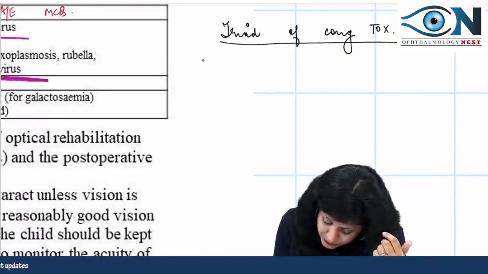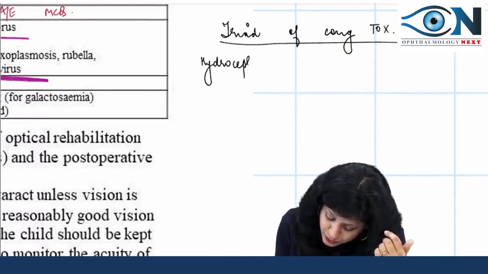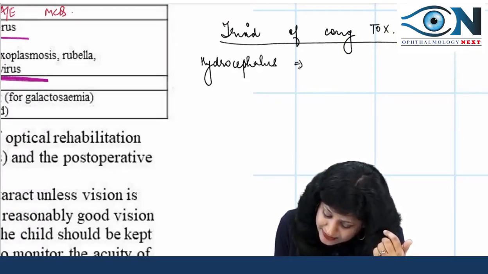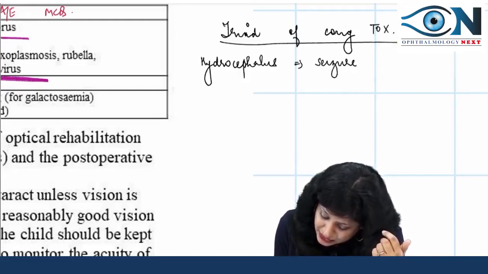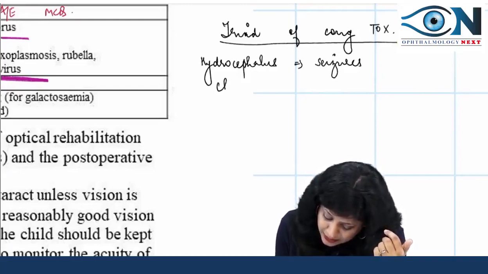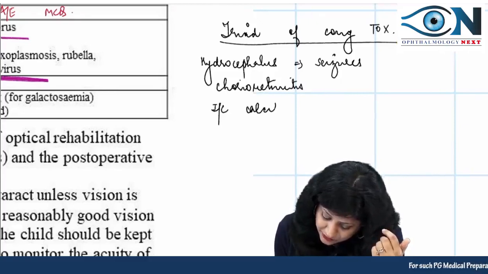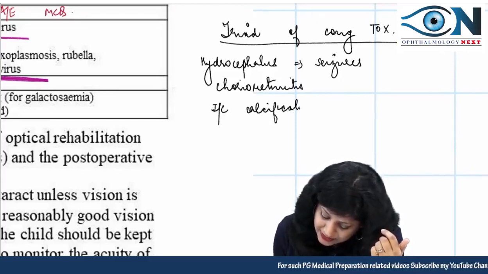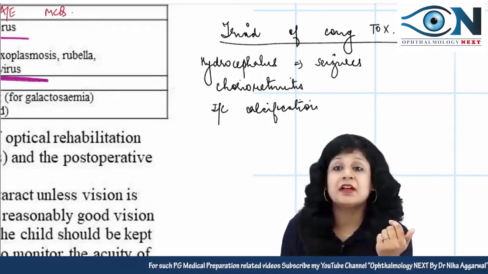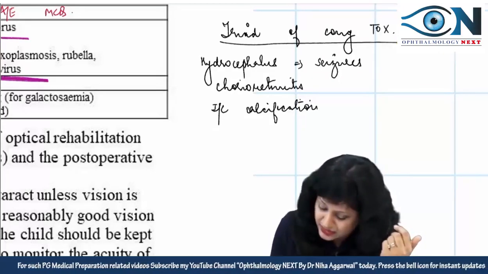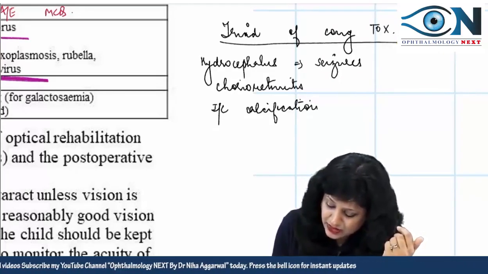This gives you hydrocephalus. Hydrocephalus can lead to seizures. We can have chorioretinitis, okay, and along with this we have the intracranial calcification. Now this is a typical triad. This was even asked in NEET